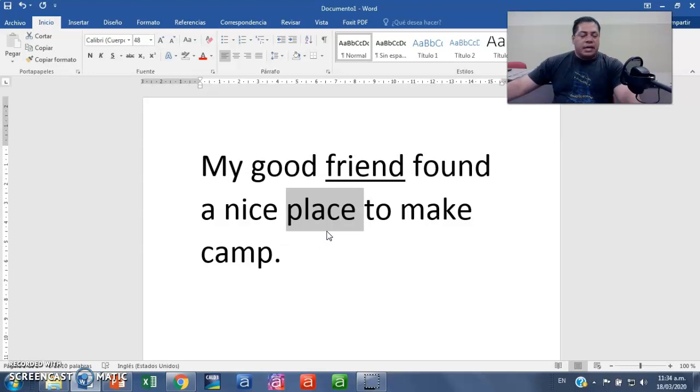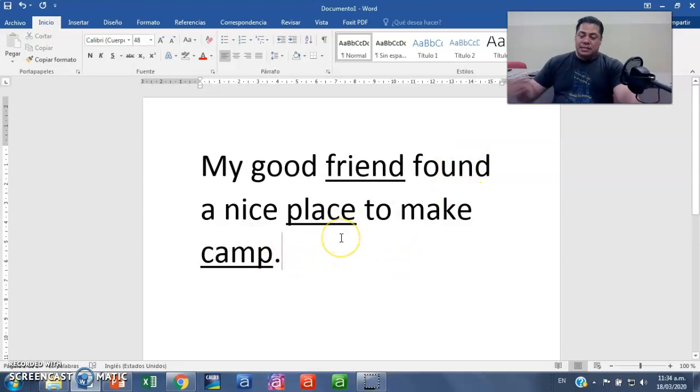A word can take on several different meanings, right? So, place can also be a verb, like colocar. But in this case, it's not that meaning. I know this is a noun, so I'm going to underline it as well. And check, we have here the noun camp too. So I underline it as well. Now,